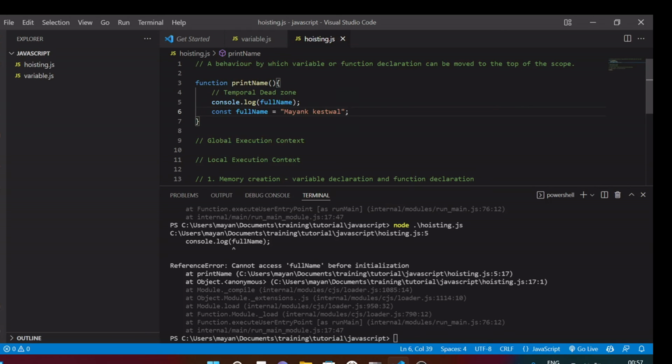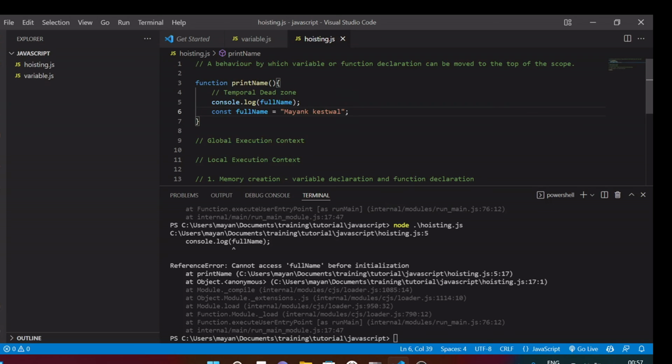The space where your var variable declaration is stored is different from the space where let and const variables are stored. They don't get any value like undefined initialized. They get memory allocation, they get hoisted,